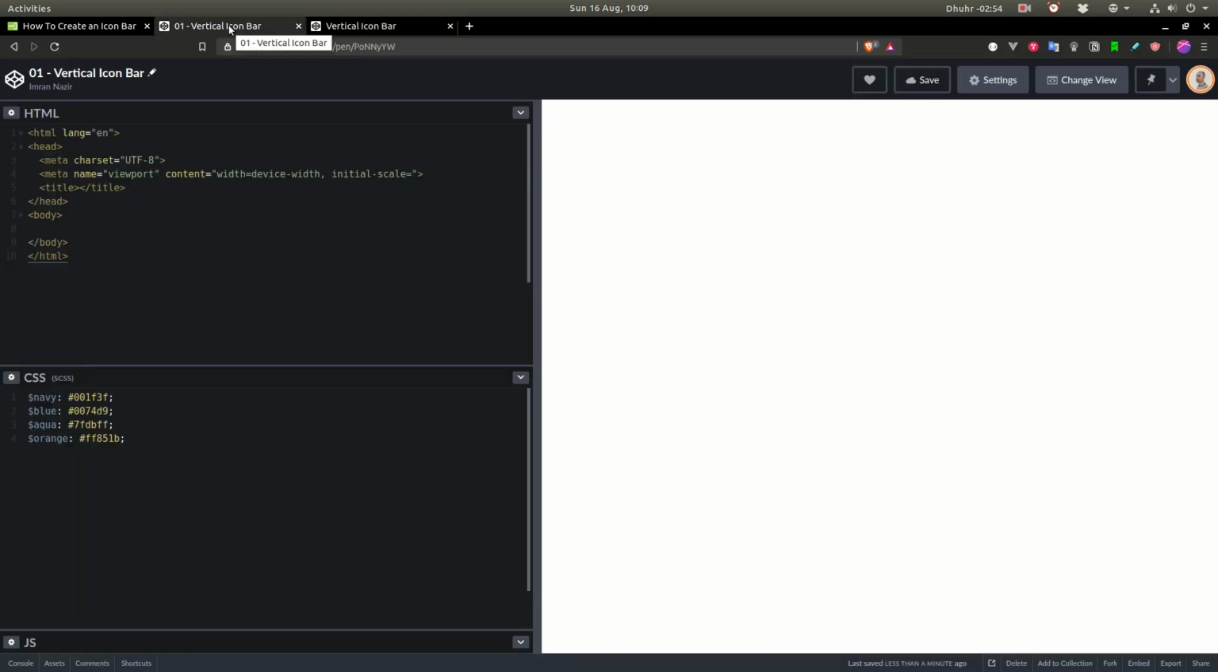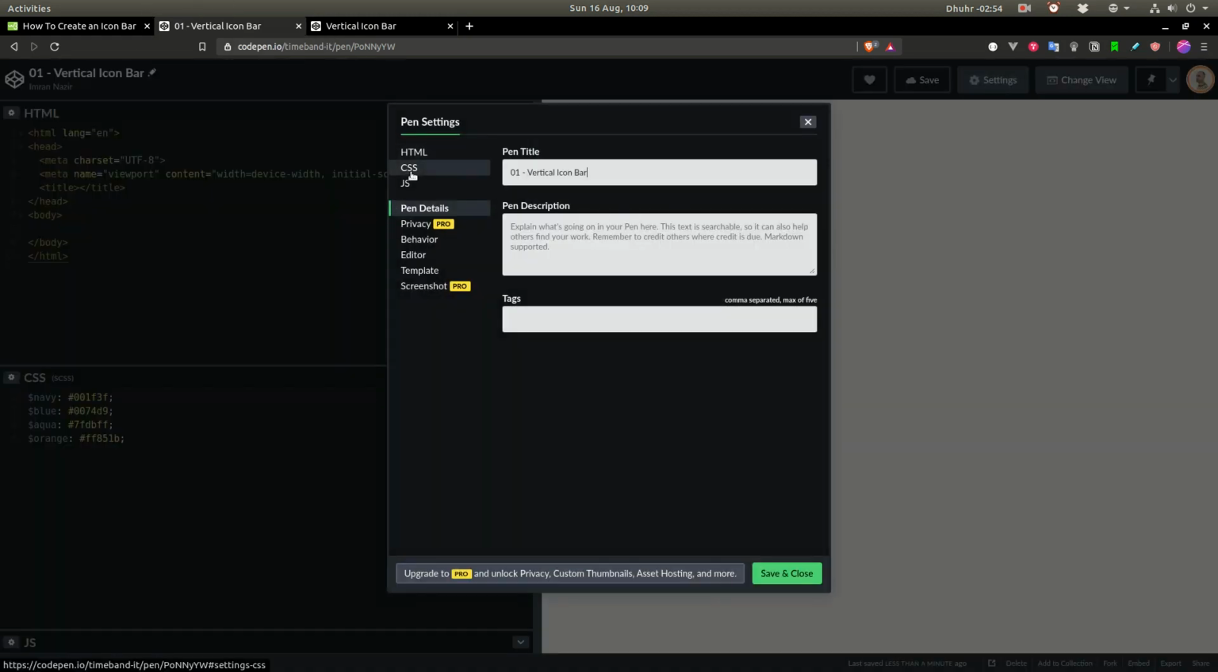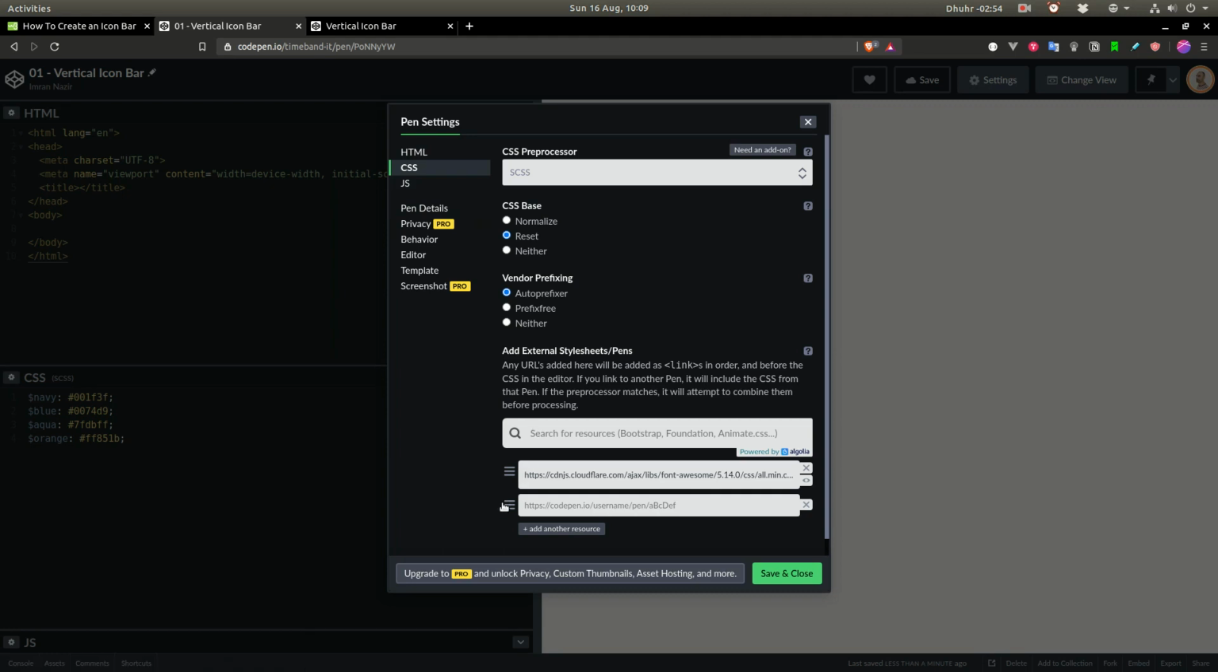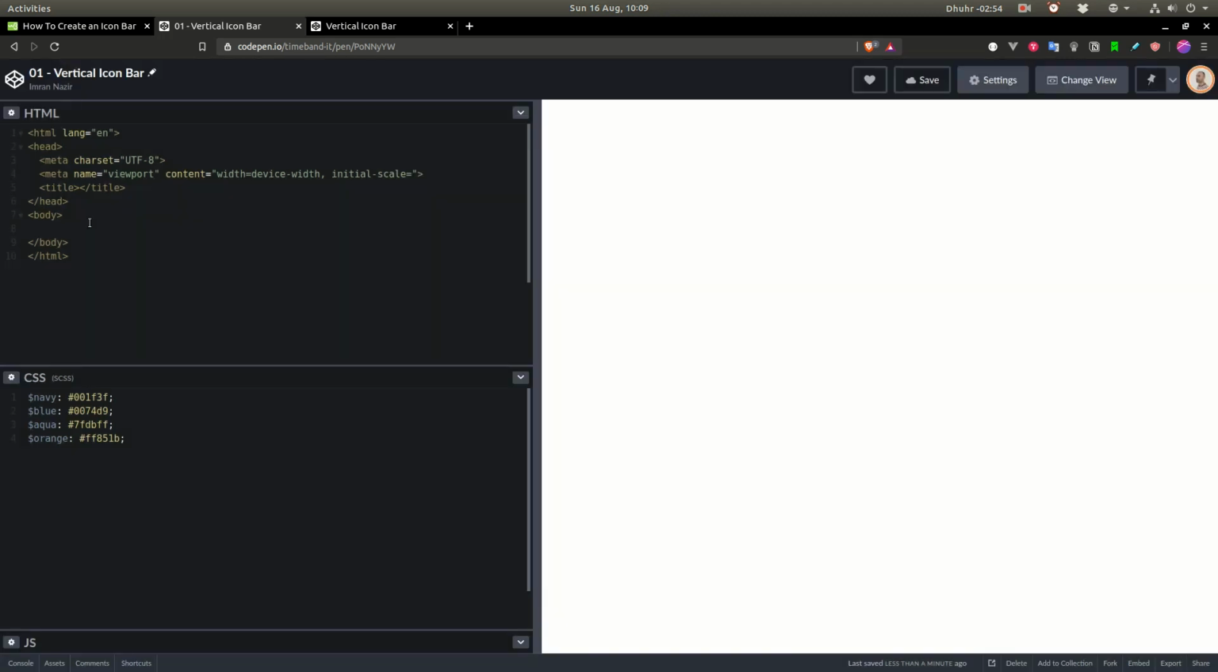Okay, as you can see here, I have a basic setup. If I go to the settings and go to the CSS, you can see that I've loaded in Font Awesome using a CSS base reset and an auto prefix. That probably doesn't matter because I'm not doing anything fancy here. So let's create our container for our icons, the icon bar, which contains